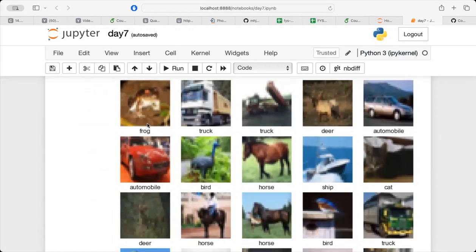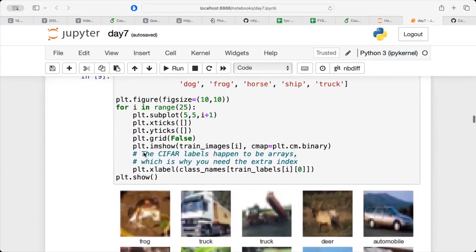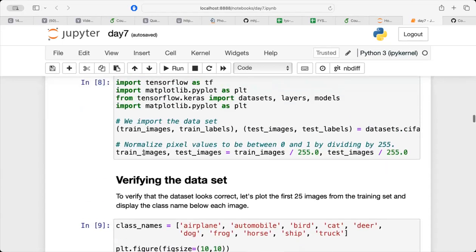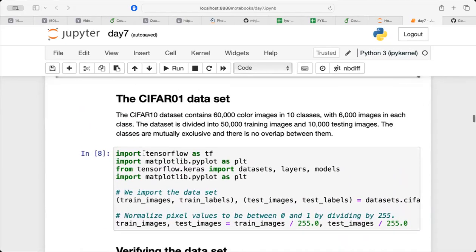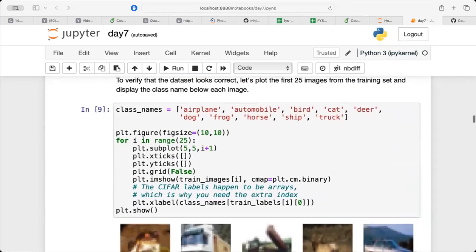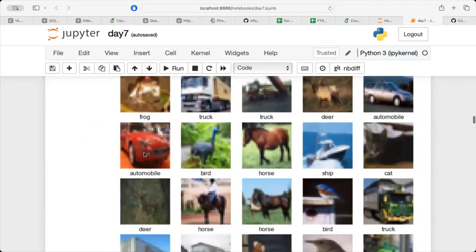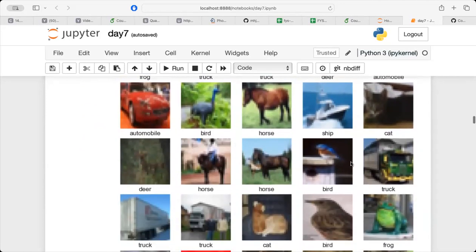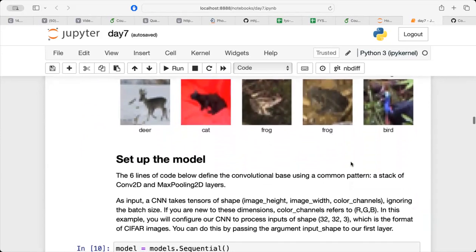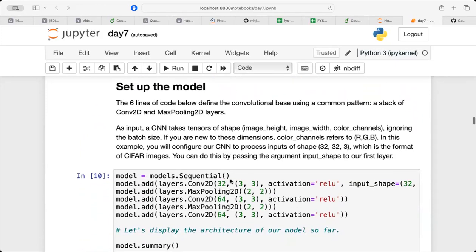You don't see that well here because these images are a little bit blurred. So you're not training on high quality images. I don't remember exactly what the size of the images was, but I think these have been scaled down to something like 28 times 28, because you see now that the images are pretty blurred here. So when you're setting up the model, you can set it up in the code here,